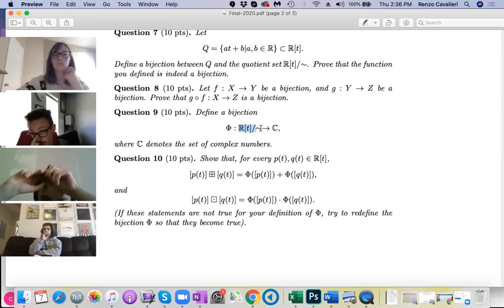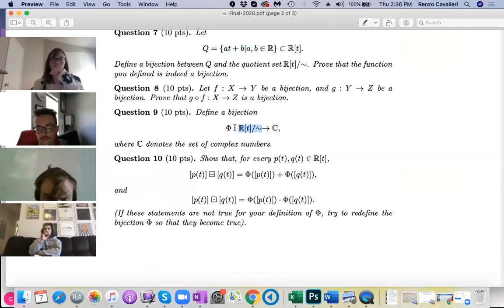But this bijection is also preserving operations, in the sense that we know how to add these polynomials in this quotient set. It's been defined up there by the box plus. And we certainly know how to add complex numbers. And I want you to show that,